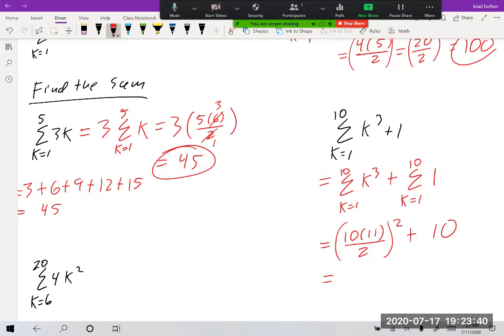So now we just clean this up a little. That will be 55 squared plus 10. And I get 3,035. And again, if I ask you these questions on the exam, just show me this little bit of work. You don't have to go crazy, but you do have to show me something because technically your calculator has a sequence feature and you can just hit enter and not know how to do any of this. So I want to make sure that you show me this little bit of work that shows me you know